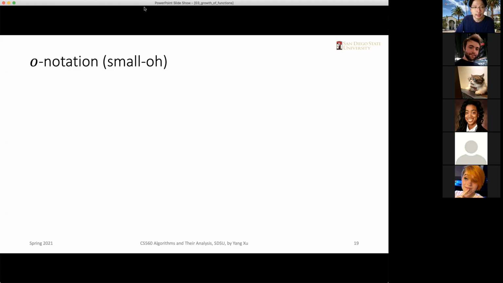these 2 last types of notations, which are first one, the small o, okay? And we can guess that it must be related to the big O, okay? So the difference is that we can use the big O notation to describe an upper bound that is asymptotically tight, okay? But the small o notation, oops,